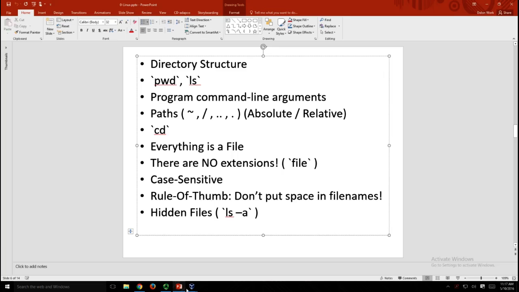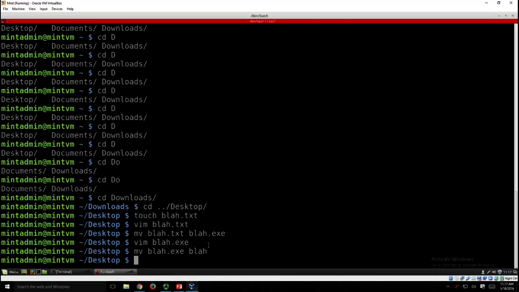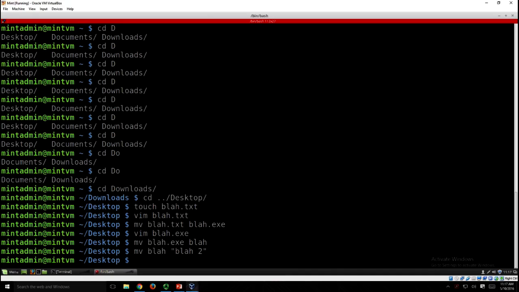there are reasons for that, because the terminal, as you see, how are we separating out all of our words? Spaces. We're using spaces to separate. So what if there's a space in your file name? How is the terminal going to know about that? Right, you have to put it in quotes. So we're going to move blah to blah 2. Okay? And now if we try and open up blah 2, you'll notice the tab completion quite nicely